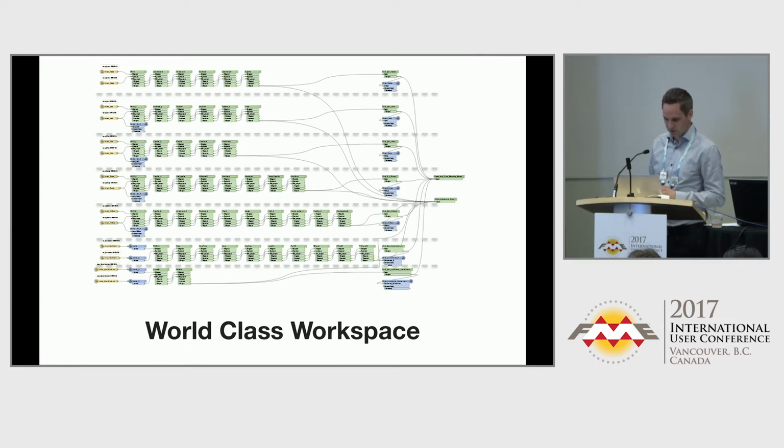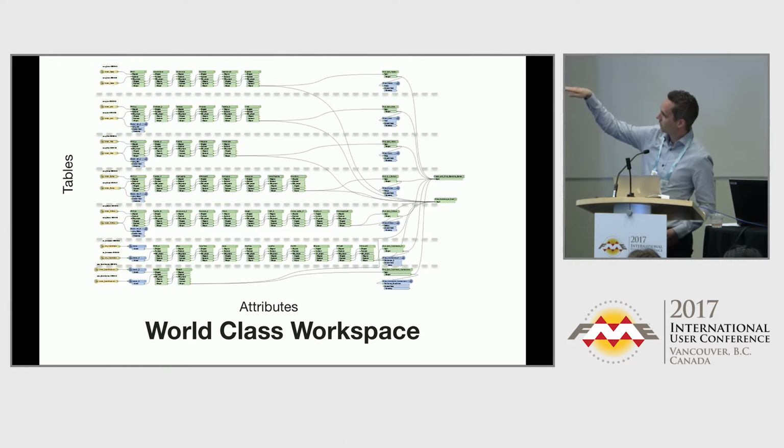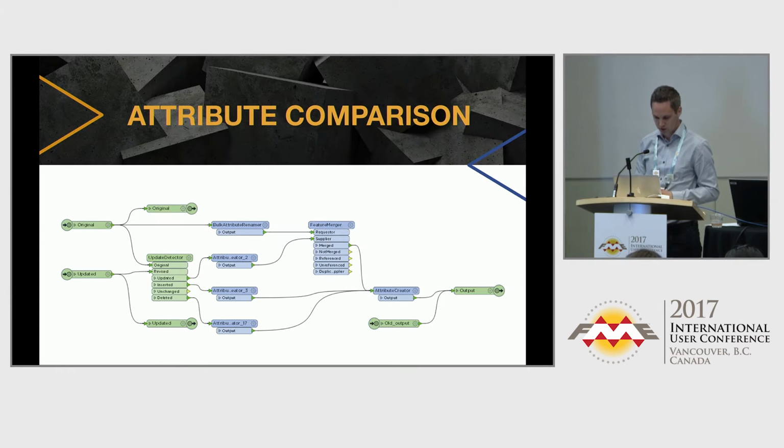So basically, it's built up like this. On the different lines, that's the different tables that I compare, and on the different columns, that's the different attributes that I'm comparing. I don't compare all the attributes, just the selected ones and the ones that I find important for the model result, basically. So if you look into one of these custom transformers,